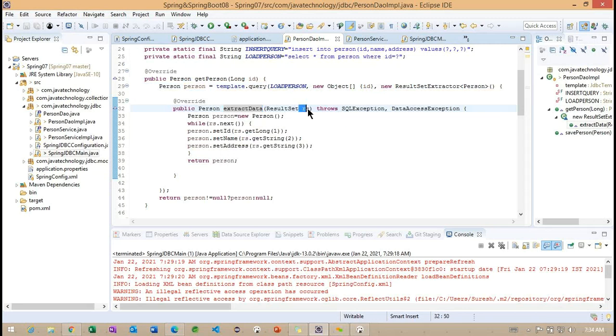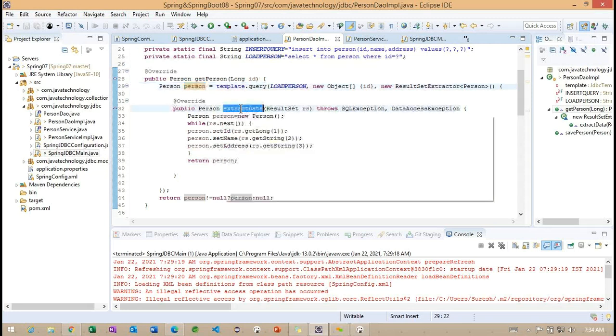From the query, we receive an object in a result set. From the result set, we are returning person here, line number 29. So whatever is inside person is different, and whatever person we are returning is different. Even though it is the same, they are different.